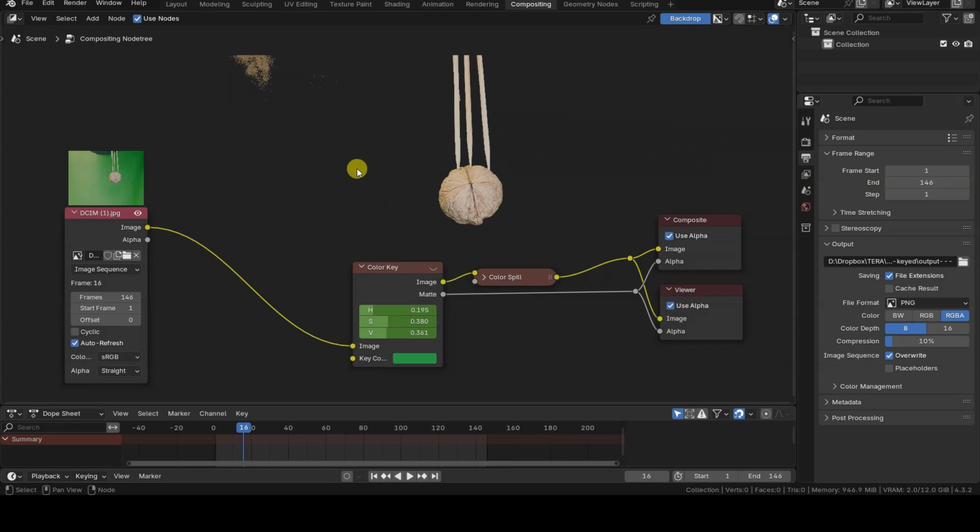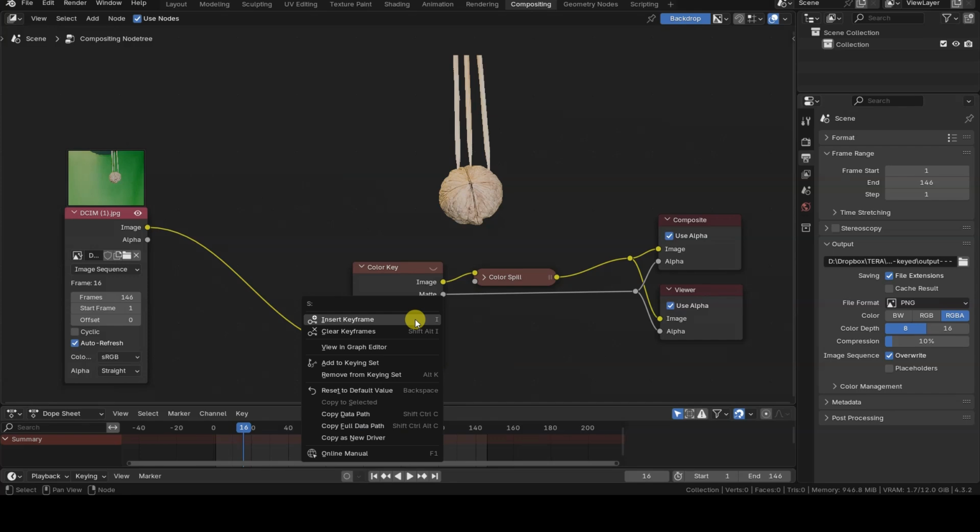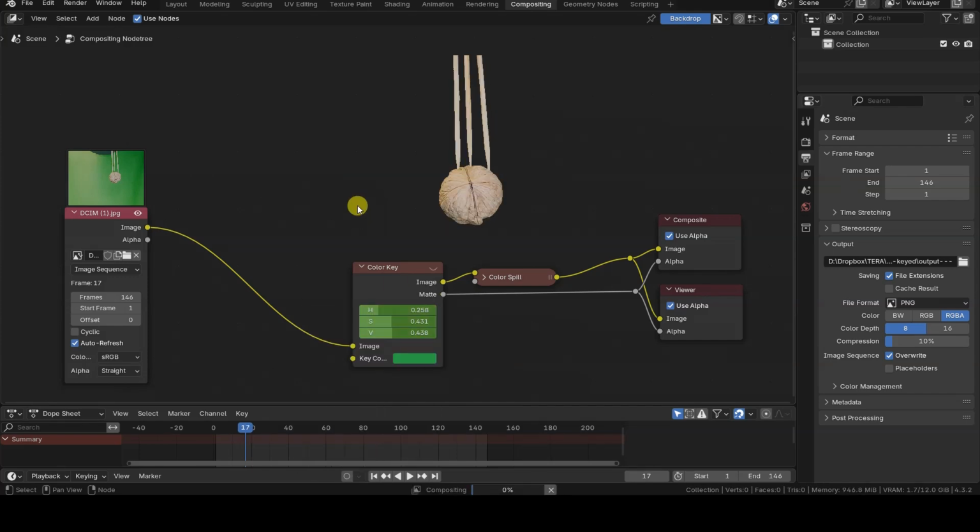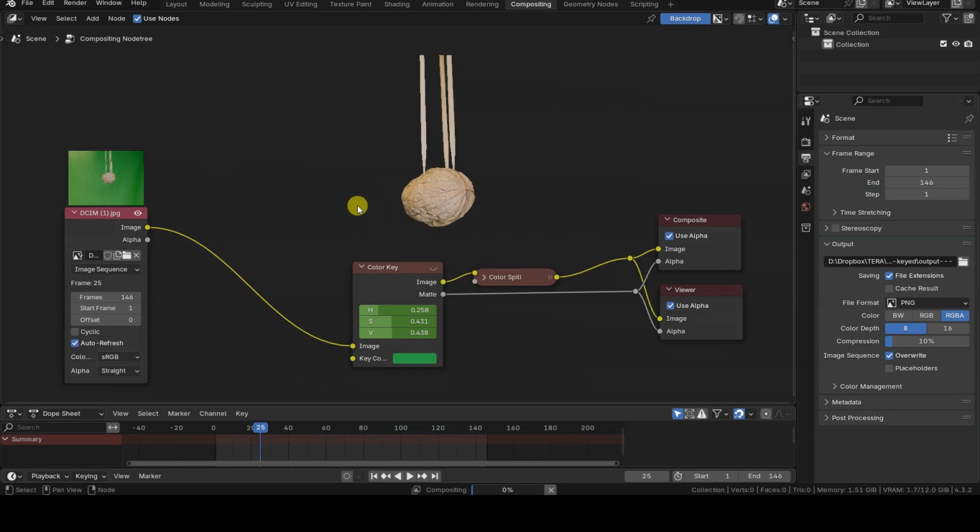However, be careful. If you realize that the values set do not work well for another image, you need to go back to the previous frame and insert keyframes there to lock in the values that worked up to that point. Once this is done, you can move to the next frame, adjust the values to meet the new requirements, and record the new values with new keyframes. This step of inserting a keyframe in the previous frame before making changes is necessary because otherwise, Blender will create interpolations between frames, which might have negative effects on their masks.